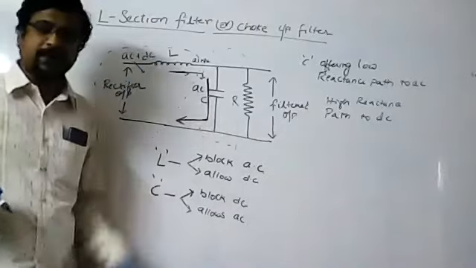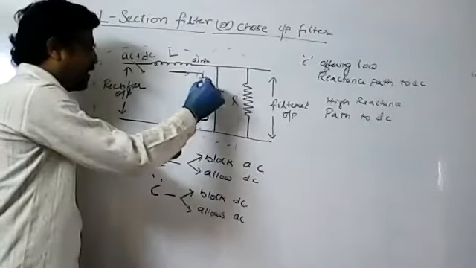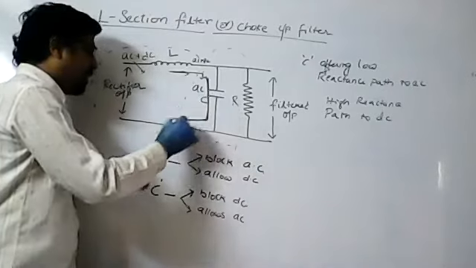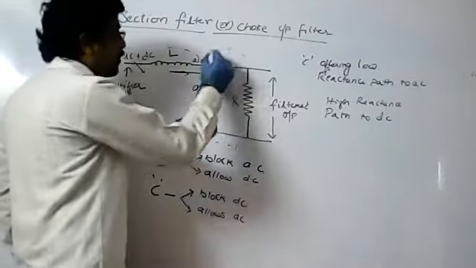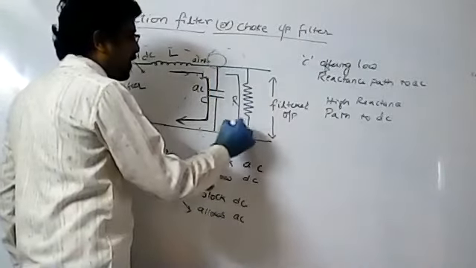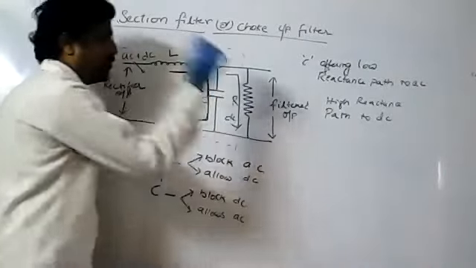Since it is offering a low reactance path, all the AC components will come here and bypass, they will be sent back. Now, whatever leftover DC is there, that will try to pass through the